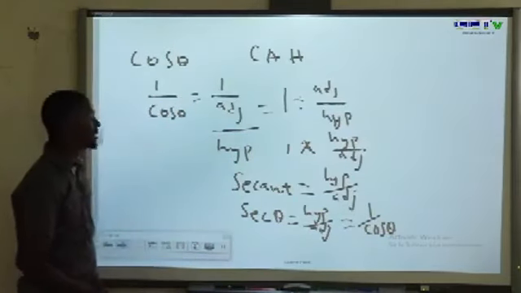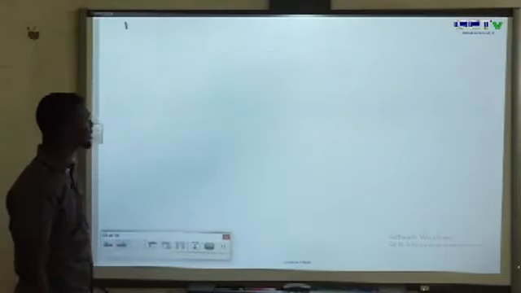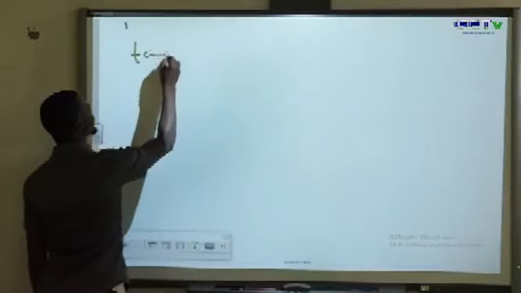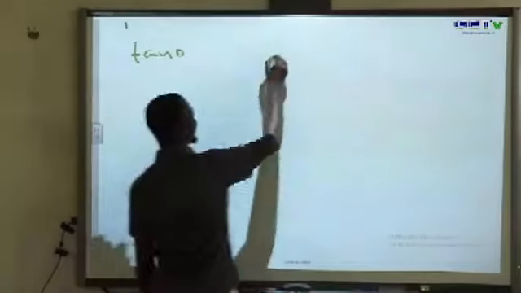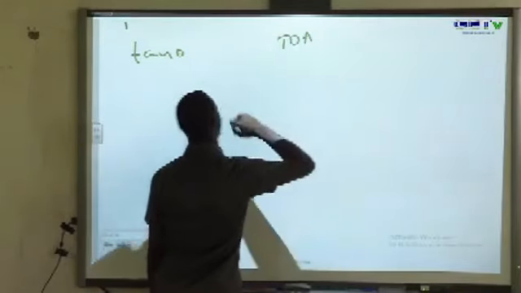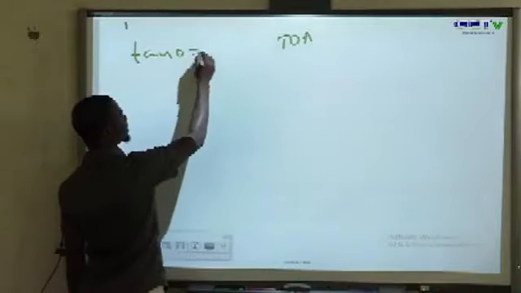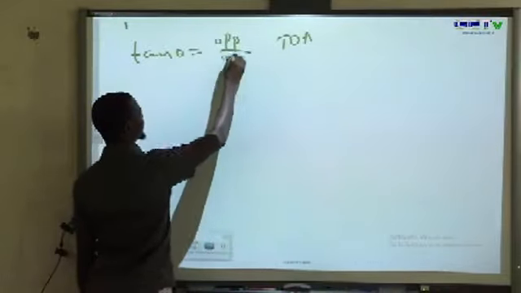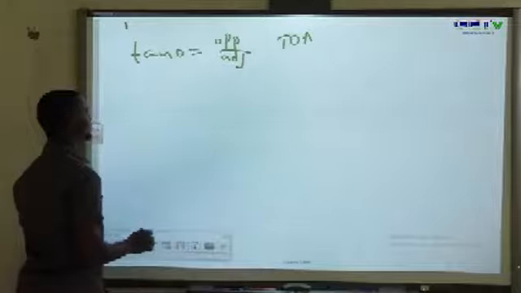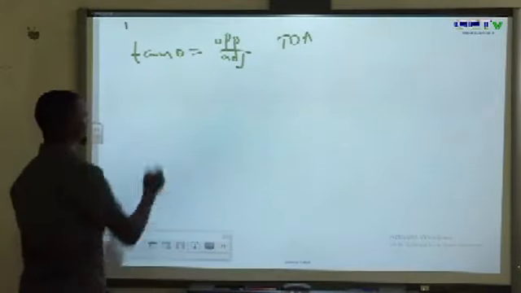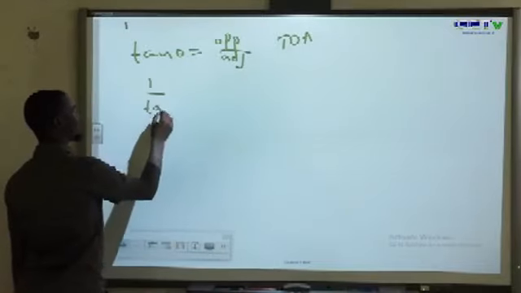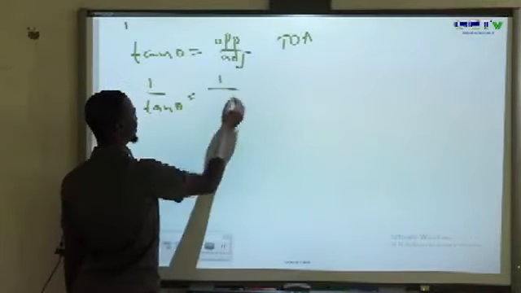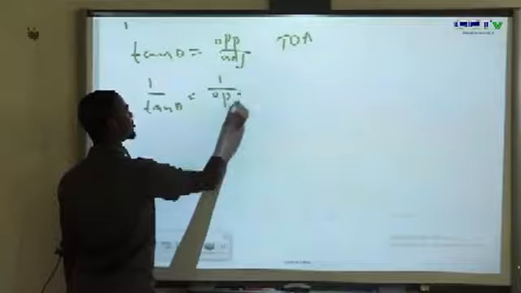So we look at the third reciprocal, that is tangent. So we look at tan theta. Tan theta, we know tan is the last set of 3 letters, that is TOA. So tan theta is opposite over adjacent. Now the reciprocal of tan is 1 over tan theta, which is the same as 1 divided by opposite over